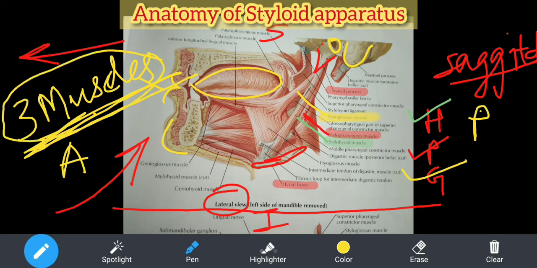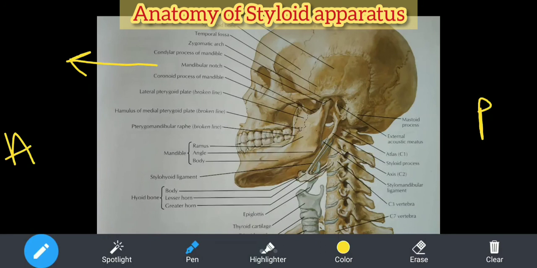Okay. Now we will go for the ligaments. If you see on the screen, are you able to see this? I will highlight the styloid process. See, this is the styloid process. Just medial to this is the external acoustic meatus, that is the opening of your ear, and behind it is the mastoid process. Yes or no? So I'll erase all this so that you can see it correctly. Now this is the styloid process, and it is giving attachment to two ligaments.